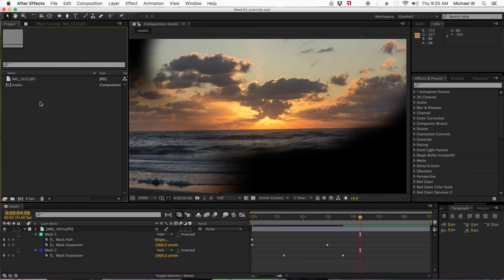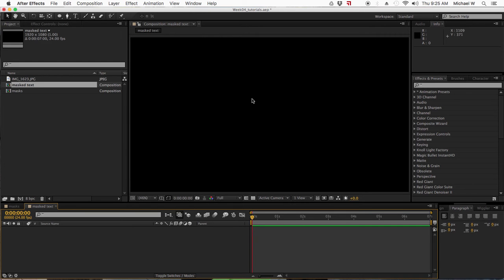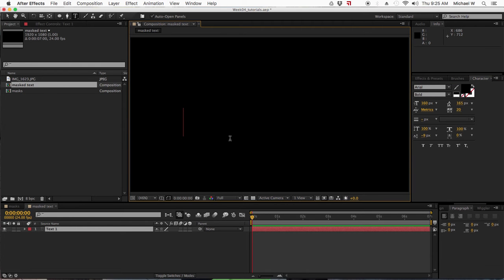Masks with text. So I'm going to make a new composition. Just keep it 1920 by 1080, 24 frames, 7 seconds. I'll call this mask text. For this, I showed you that popular technique of using a mask and the transform effect. So I'm just going to do my name,